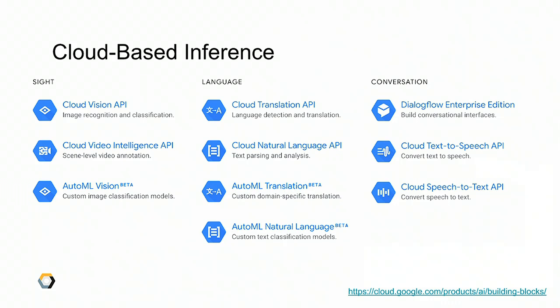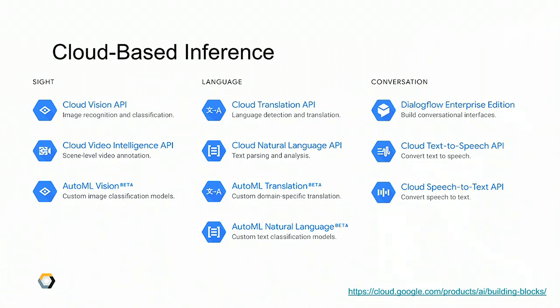So cloud-based inference from Google, there's three pillars. There's computer vision-based stuff that we call Sight. There's language-based stuff for translation and NLP, and then there's conversational-based stuff. So these are models that have been built by Google and services that have been provided by Google, so that if you're meeting these three scenarios and you want to run inference in the cloud, it's available to you. Now, in addition to that, the models that we've built, of course, can be customized.